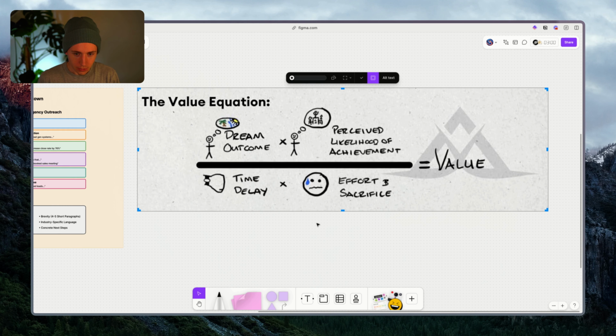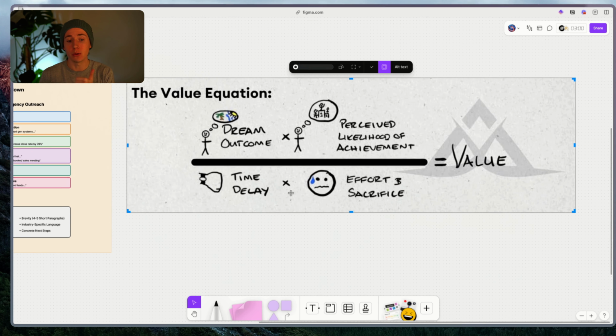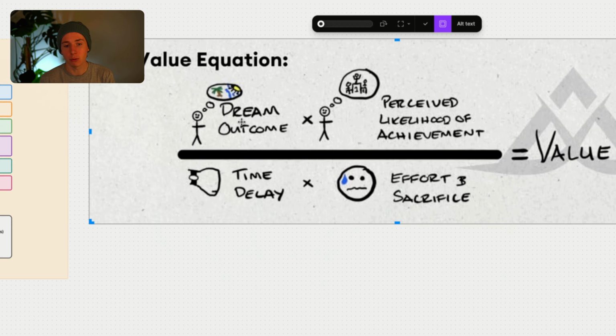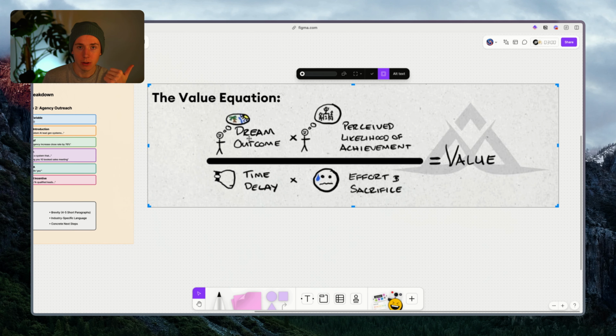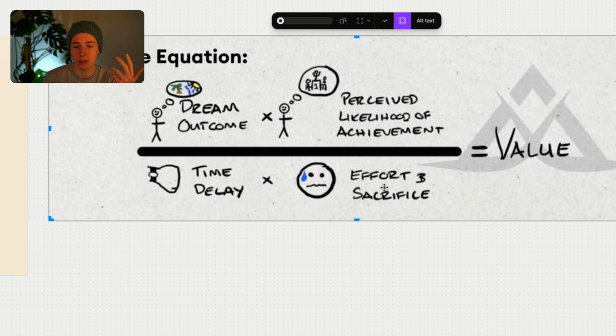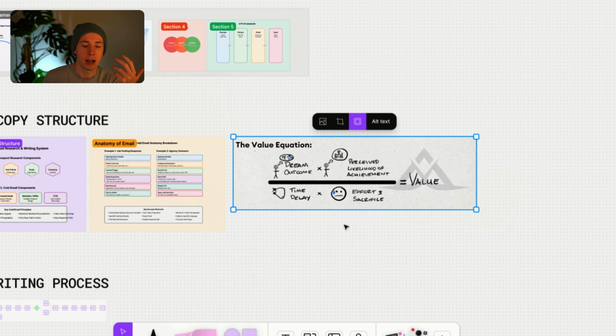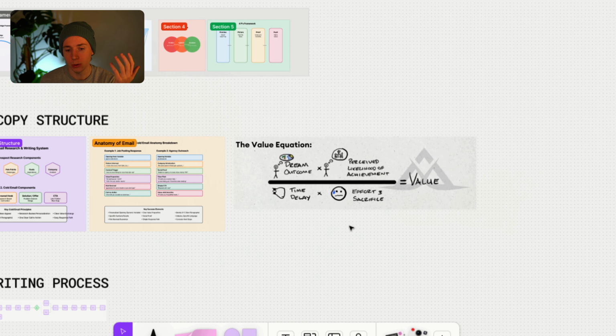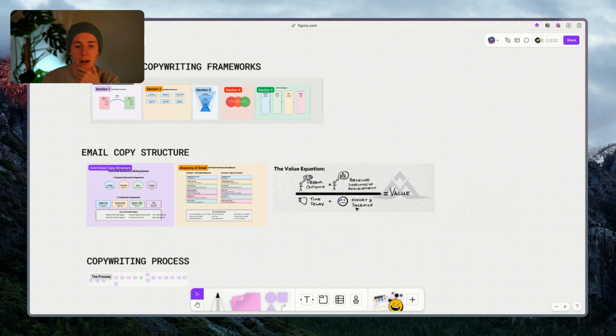And you have very little effort because I'm going to do everything for you, and it's going to be 90 days. So really it's the dream outcome of what are you accomplishing for them? How likely are you to achieve it in 90 days with no effort and sacrifice? Maybe they'll just have to get on some calls with you. So I guess there's a little bit where you have to walk them through the system